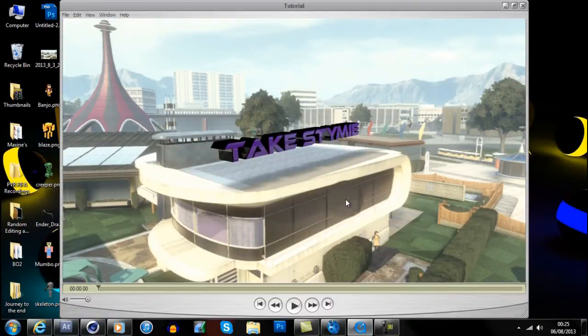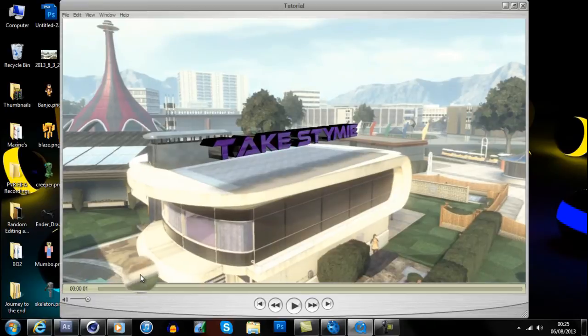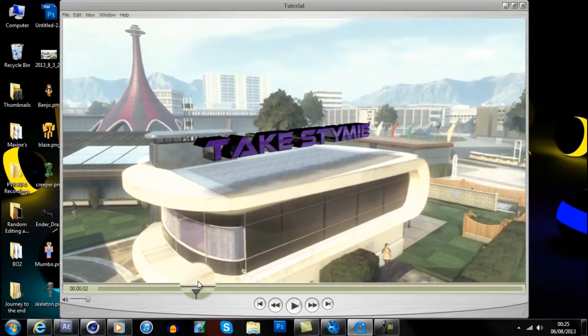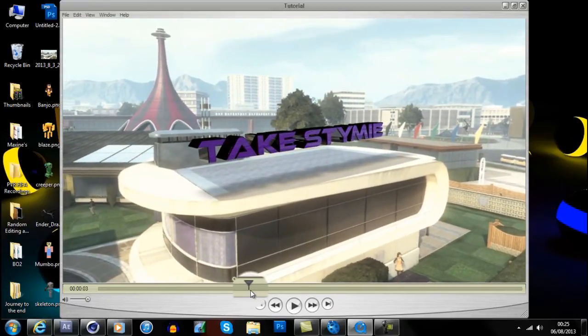This is Nuketown from Call of Duty Black Ops 2. A lot of you will know what Nuketown is, and this is just one of the buildings that I've chosen to put my text above. If you take a quick scroll through, you can see that my text is sort of swaying from side to side. Quite a slow movement, but it looks quite nice, and you can see the reflections on the front